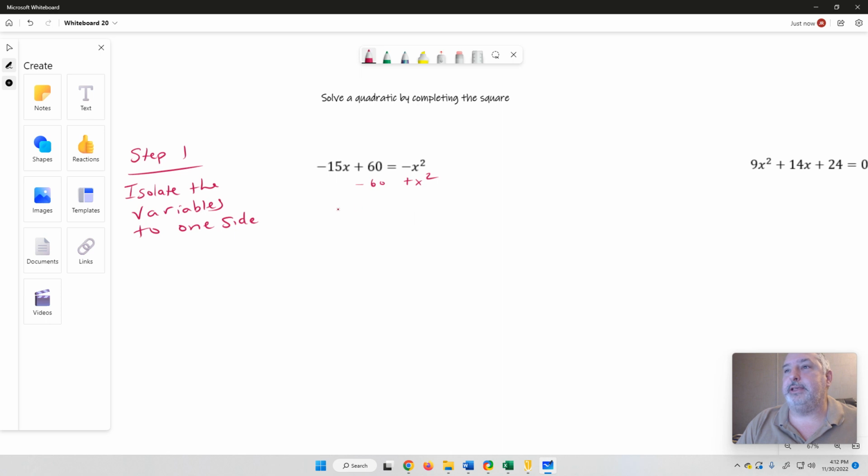And so that gives me, these are going to cancel, these are going to cancel, leaving me with x squared minus 15x equals negative 60. So step two, and this is an if needed step. So this is one of those if necessary steps, is we want to make sure